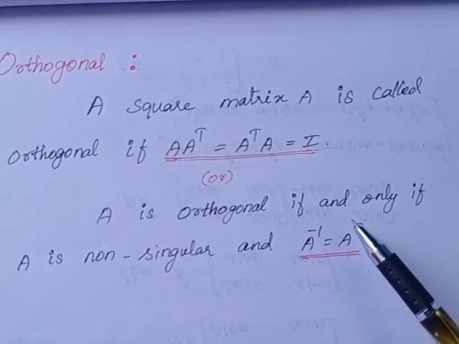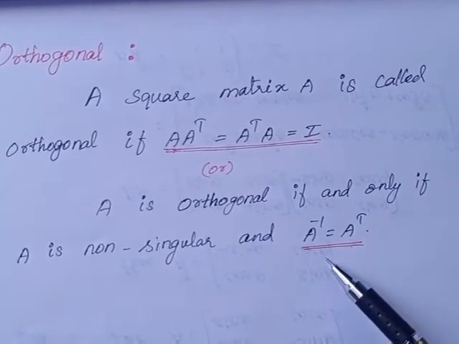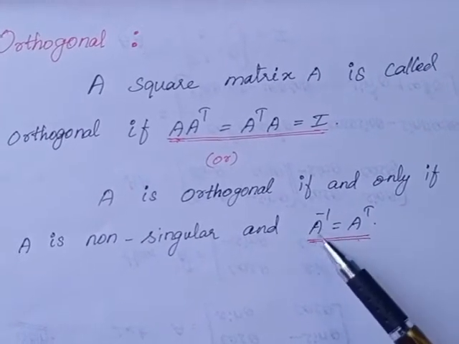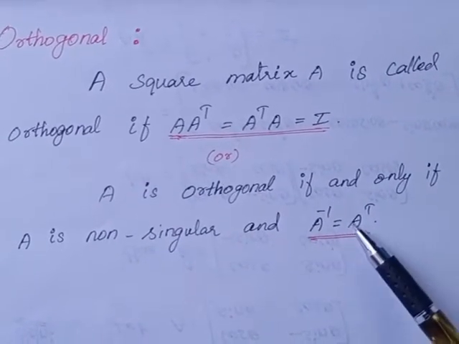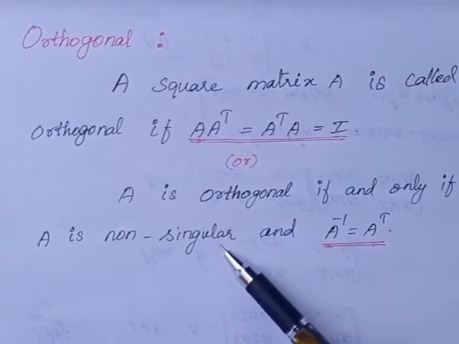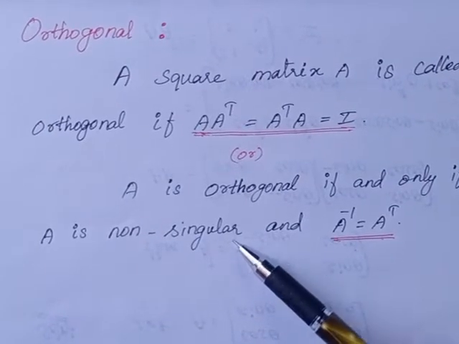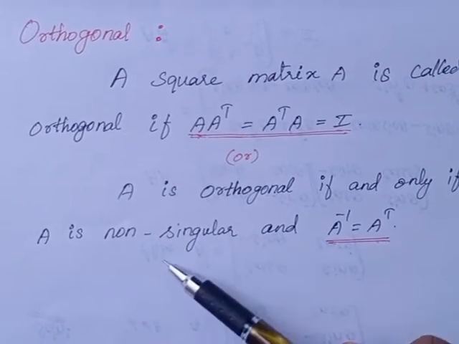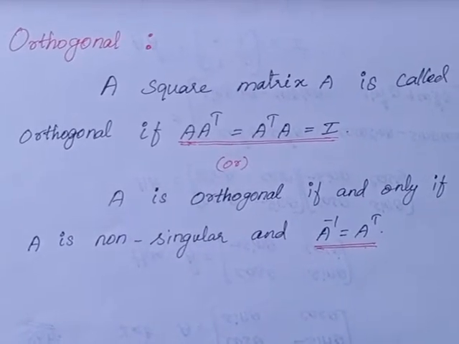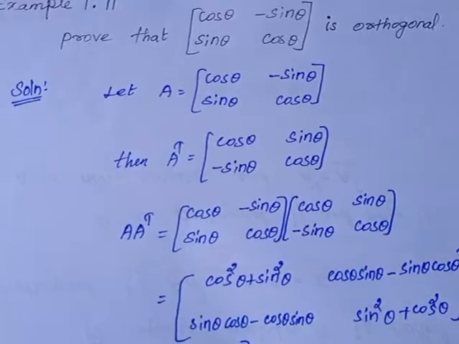So orthogonal ku rendu definition, one A into A transpose equal to I and other one is A inverse value is equal to the A transpose. Orthogonal இருந்தா இந்த condition true இருக்கும். இந்த condition true இருந்தா அந்த matrix orthogonal னு சொல்லணும். Mainly A is a non-singular matrix because A is non-singular means we get inverse for that matrix. So it is an important matter. Now we see the one problem. It is an important model.